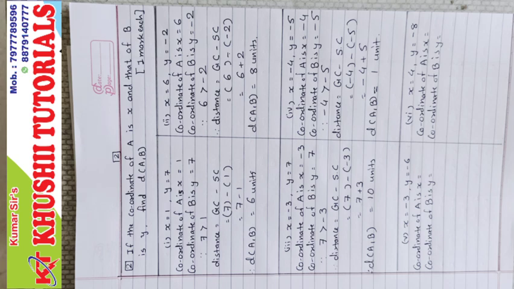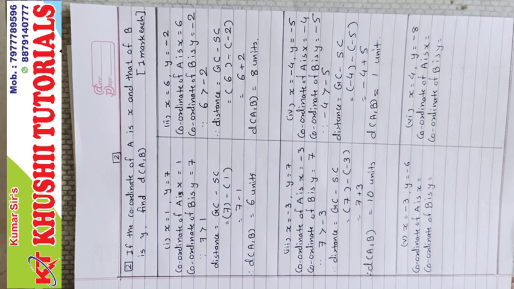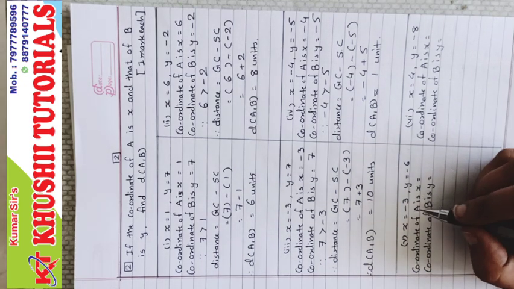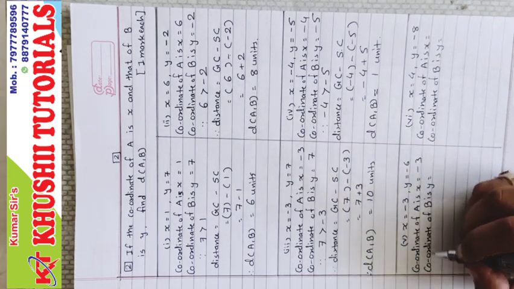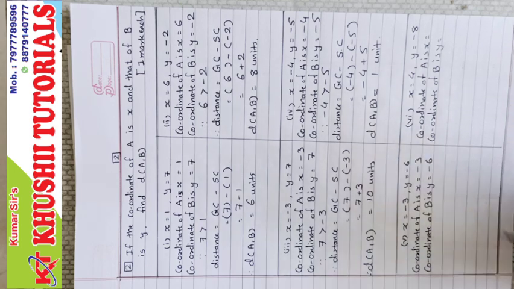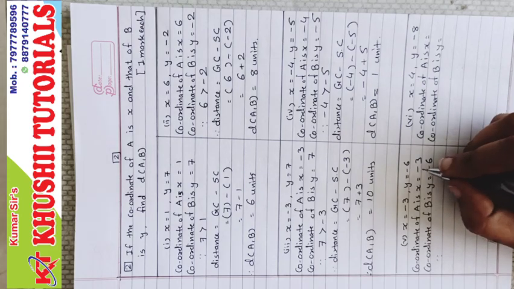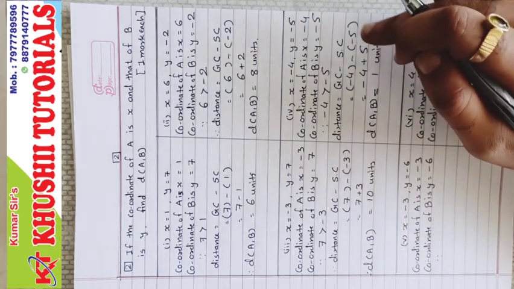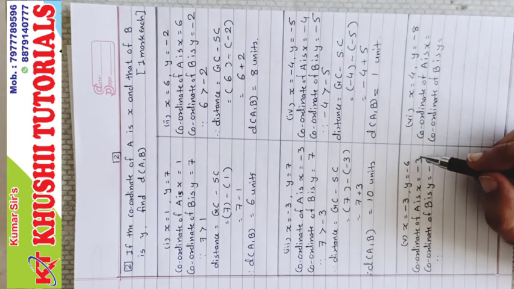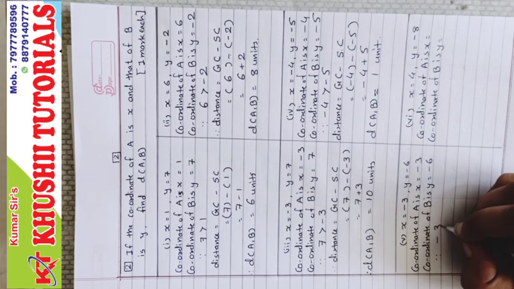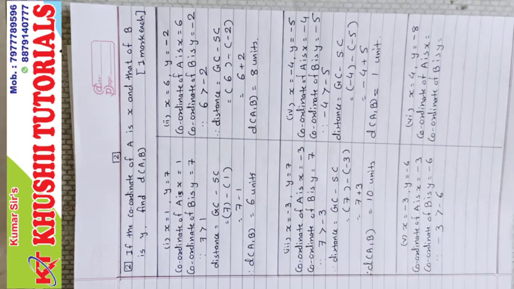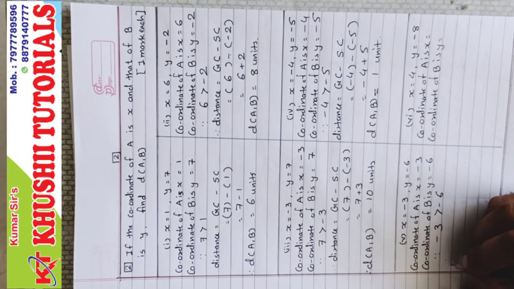Next, number 5th. In 5th sum now, x coordinate is minus 3 and coordinate of B is y, which is minus 6. Now comparison, again same, both are negative numbers, so same rule, the number which is smaller, my 3 is smaller, so minus 3 is the greater, so minus 3 is greater than minus 6. Therefore